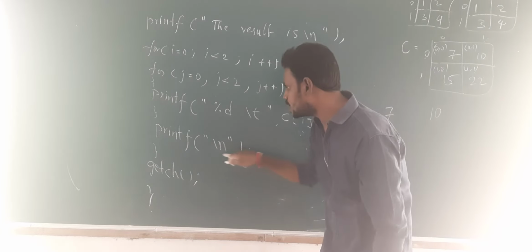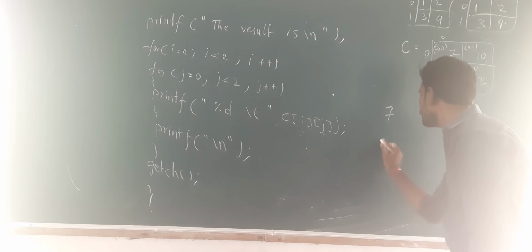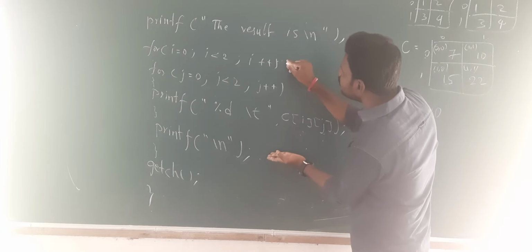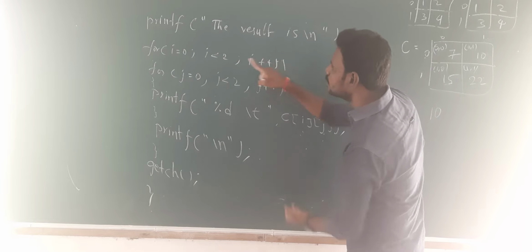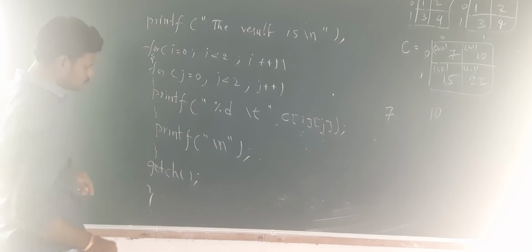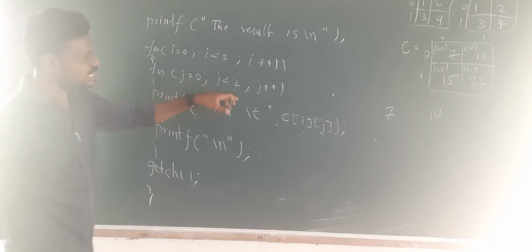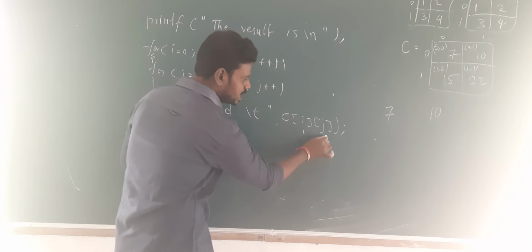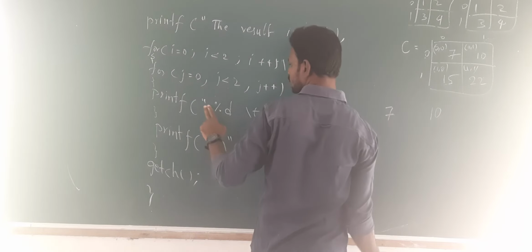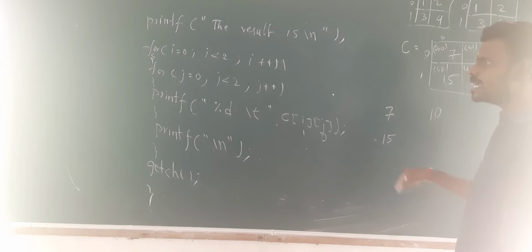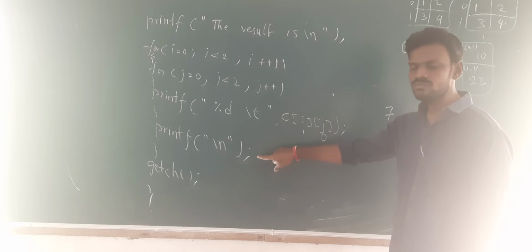So I will print this. Printf new line. It will come to the new line. Okay, after performing this, I will be incrementing the value of i. I will become 1 here. 1 less than 2, yes. Again, j will become 0. 0 less than 2, yes. Now I will try to print this percentile d. i is 1, j is 0. At 1, 0 position in the C matrix, what are we having? 15. 15 will be printed. How did we come to the new line? In the previous one we have seen that we have executed the new line.